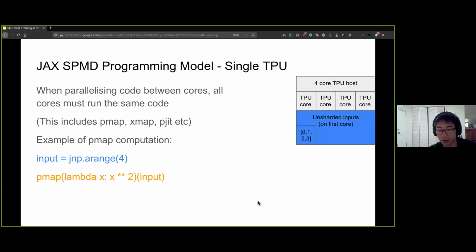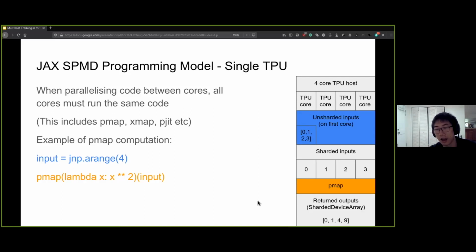And then when you get into the PMAP computation, the first thing that happens is that it would actually shard the inputs. So it would place each part of the array on a separate core. And then your PMAP computation runs across all the cores. It must be the same code. And then the outputs get returned. It kind of looks like a single array,